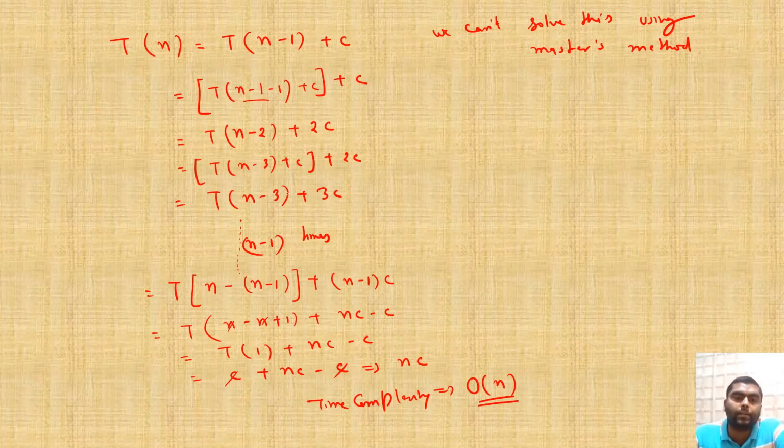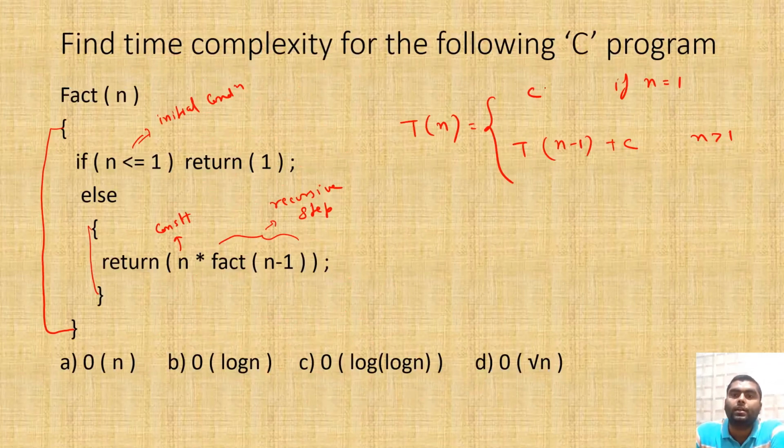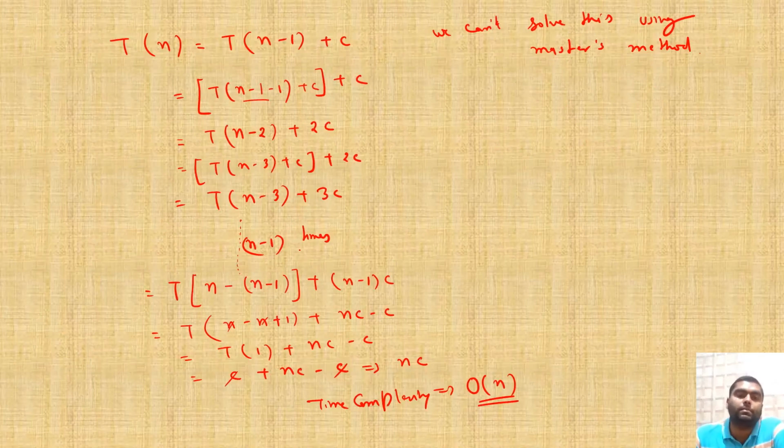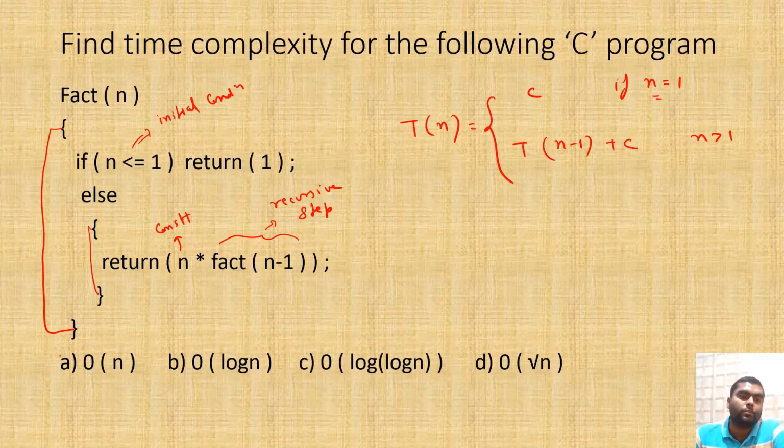Why am I repeating n minus 1 times? Because I have the value of T(1); if the value of n is 1 here, then I can write it in place. So that's why n minus 1 times. So what is the time complexity for this particular algorithm? The time complexity is order of n, okay.